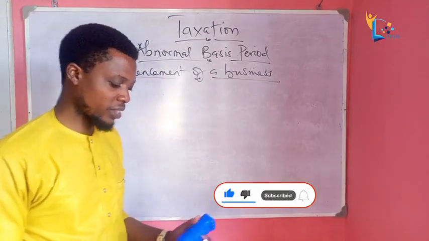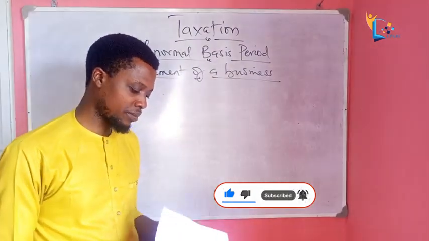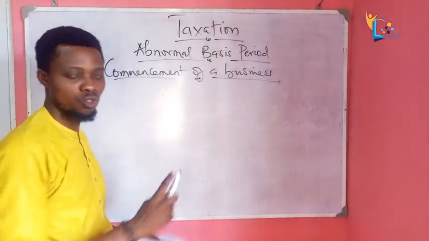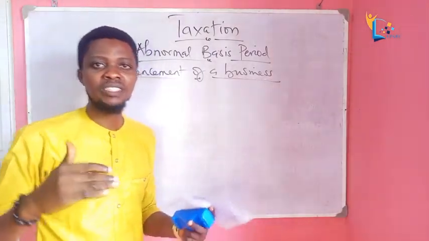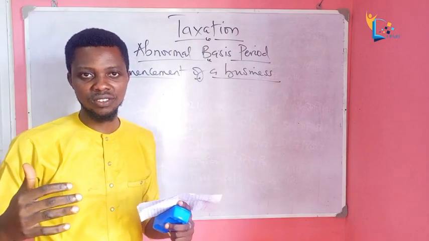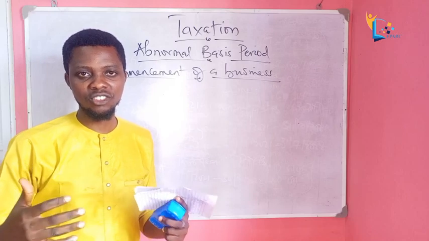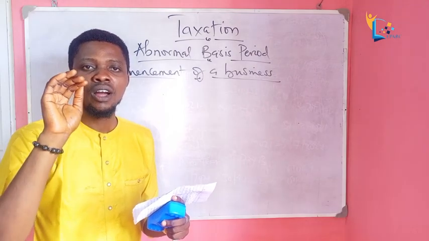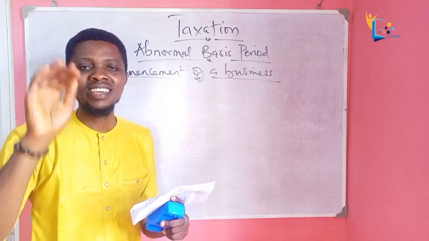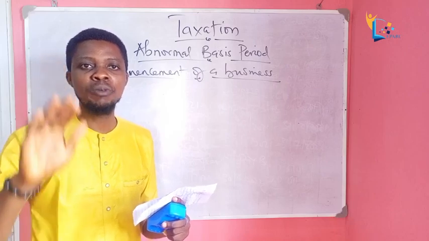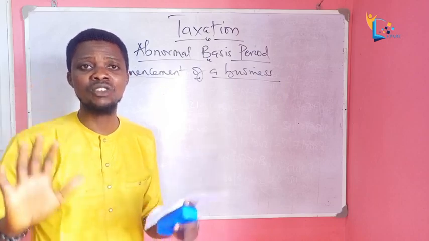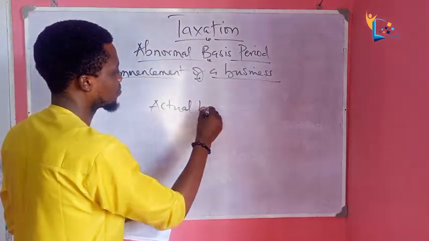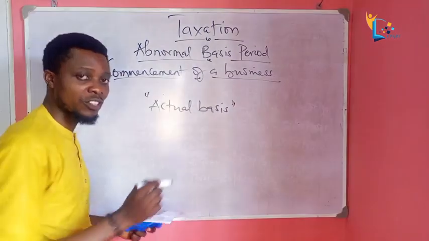Okay, so now there are two questions here. Now, if I should add, in the second and third year under the commencement rule, the taxpayer is given the right of election. Now, what do we mean by right of election? Right of election simply means the taxpayer is given the liberty to elect that his second and third year profits should be assessed based on actual basis. That is the right of election.